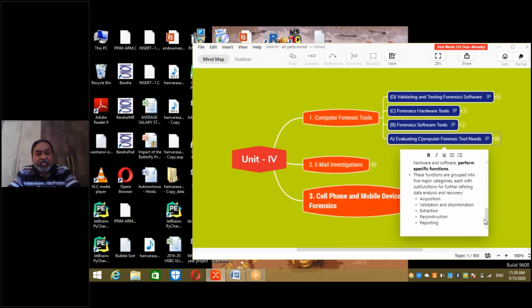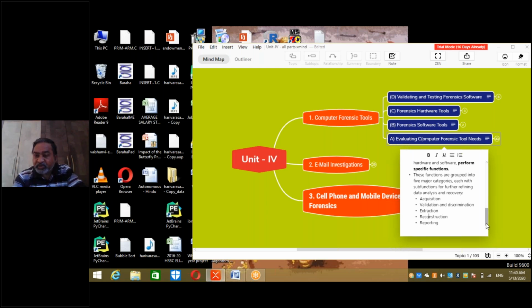I said yesterday, the purpose of investigation is to recreate the crime scene so that we know exactly what the offender has done and how he has done it, so that the judiciary can give a verdict in the best and most justified manner possible. And then reporting, the documentation.